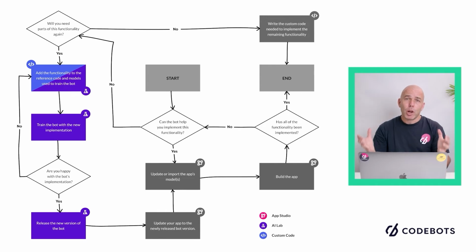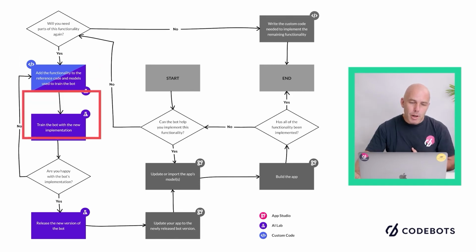Now, like teaching a child or teaching anyone to do something, you want to show them how to do it first. You say, this is good, this is how you kick a soccer ball, this is how you do anything. You want to show them first how it's actually done well. What you want to do is write the code first. By writing the code first, what you're actually doing is showing the bot what is good. And then we're going to train the bot up on that particular architectural style.